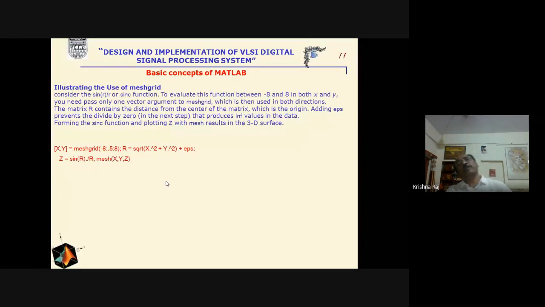One submission and one request again: please go through the practice of these commands and write each and every command. Don't try to copy and paste into the command window. Write each and every command so that whatever error is displayed can be seen. Each time an error takes place, it teaches us.